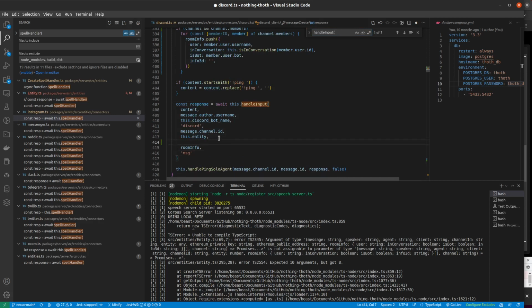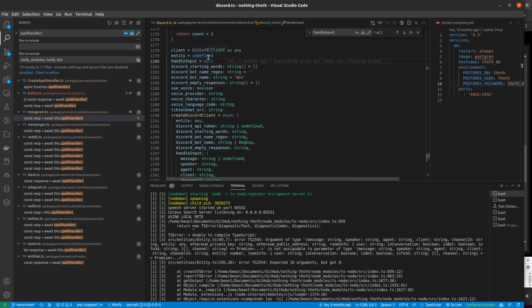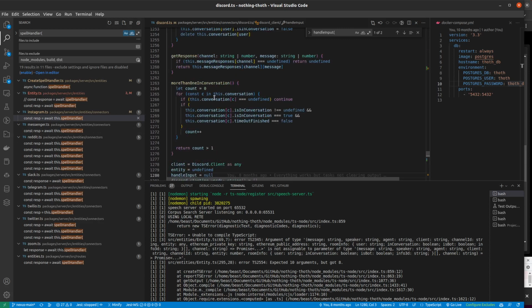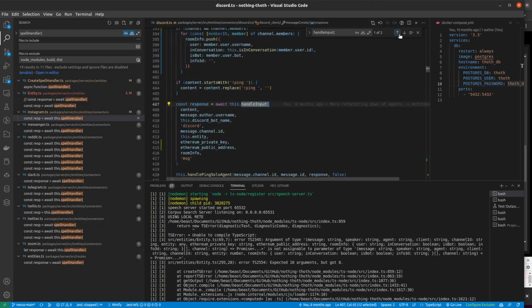We'll put it here though, right in the spell handler. Ethereum private key. Address. Okay. So the spell handler got injected. That already had it all set up. We passed it over here. Now we just got to call this handle input, and this is